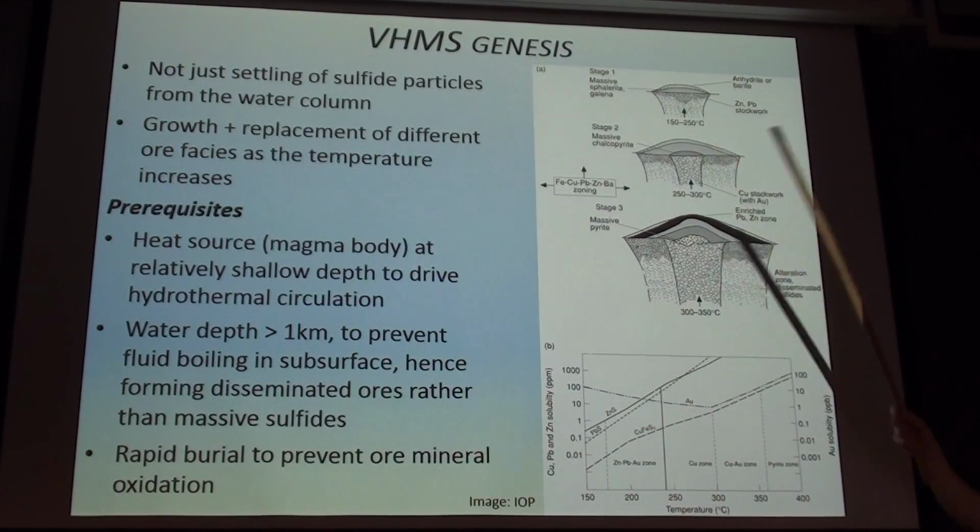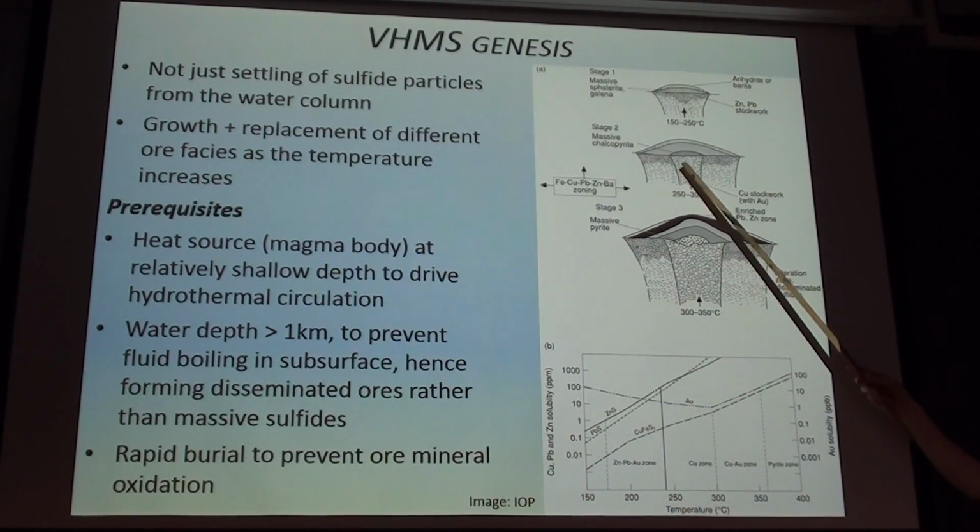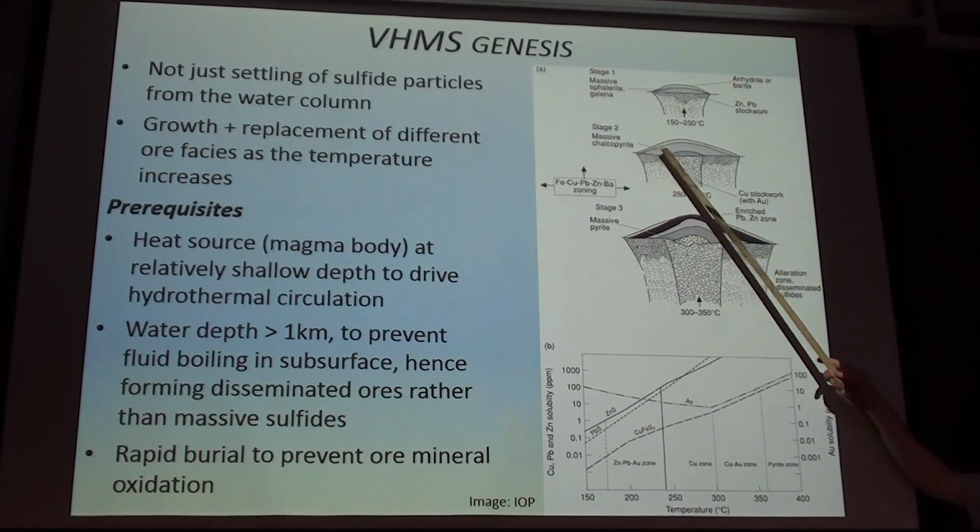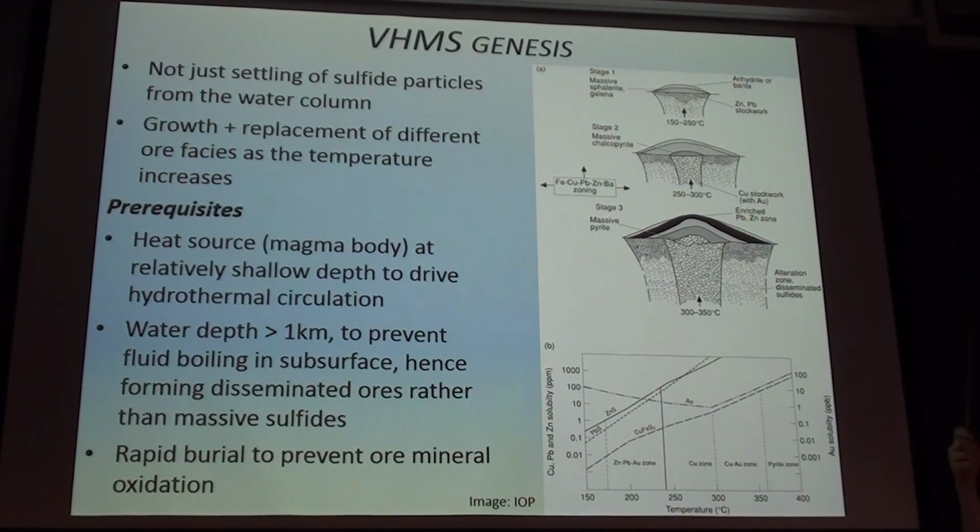Later on, as the mound is growing and the temperature evolves through the mound, the sphalerite and galena kind of move outwards, and the core of the system will then be dominated by chalcopyrite. And again, later on, as the system evolves even more, the hotter part of the system will be mostly massive pyrite. So we've got this transition from massive pyrite, chalcopyrite, sphalerite and galena